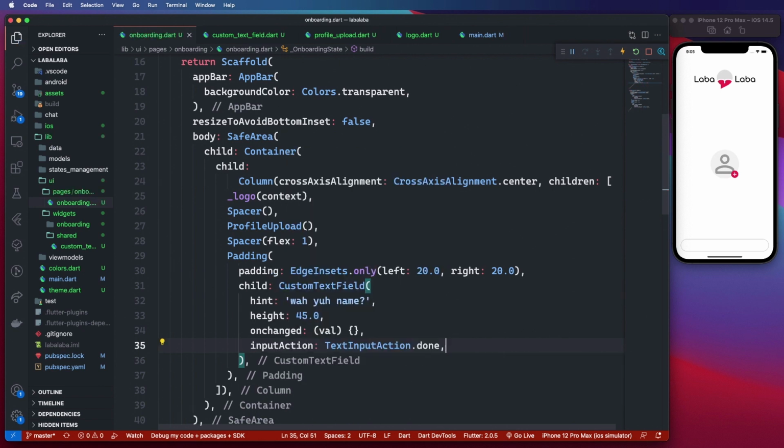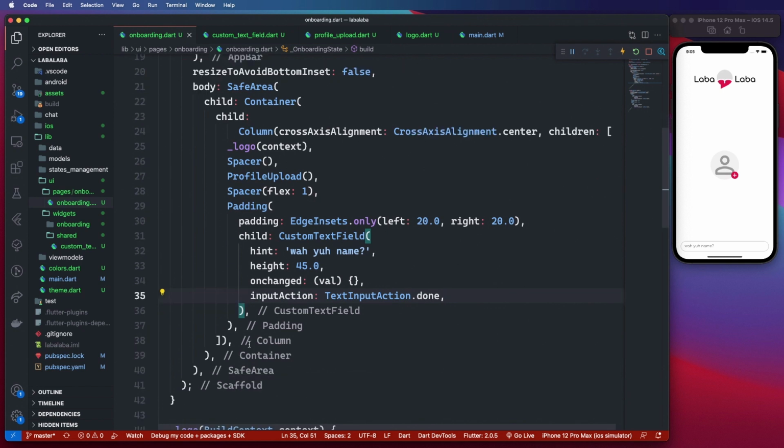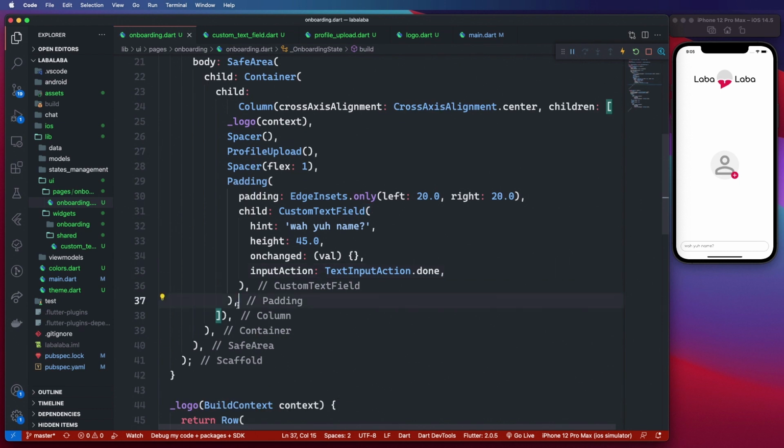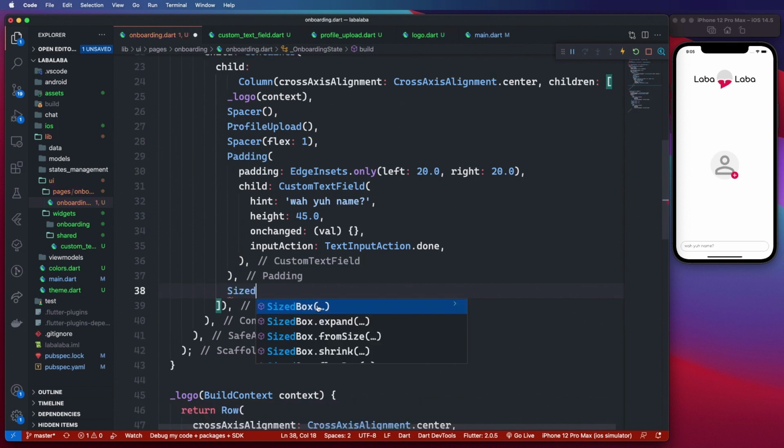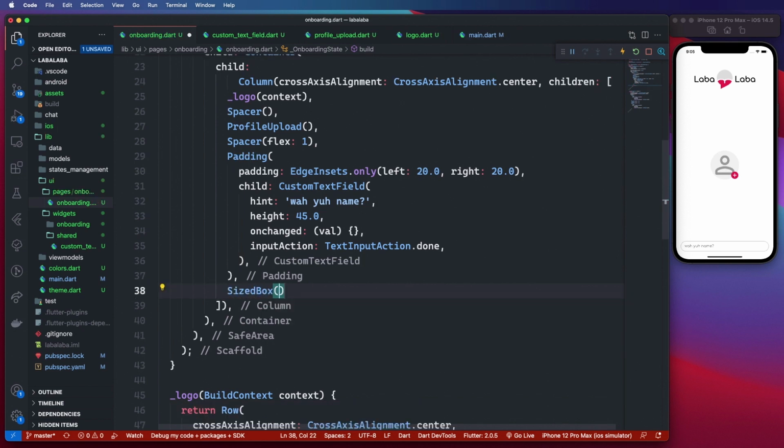Done. So there is our text field, our custom text field. So now, again, I'm just gonna give some space here, add a size box, give it a height of 30